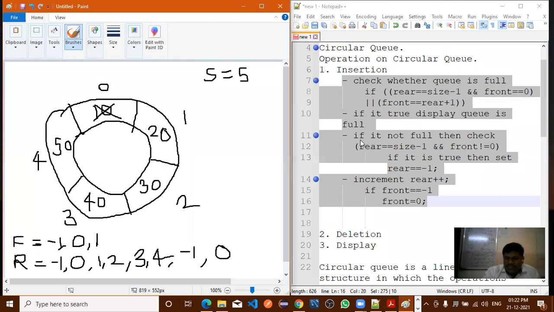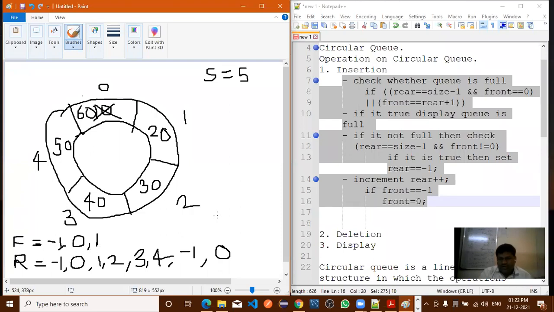So why is this condition written? Now, is it necessary to change the front pointer? What is front? It is 1. Is front equal to -1? No. So front will remain as it is. So here the rear pointer is incremented by 1, from -1 to 0. Now here you are able to insert the element 60. Now what is the value of rear? 0. And what is the value of the front pointer now? 1.